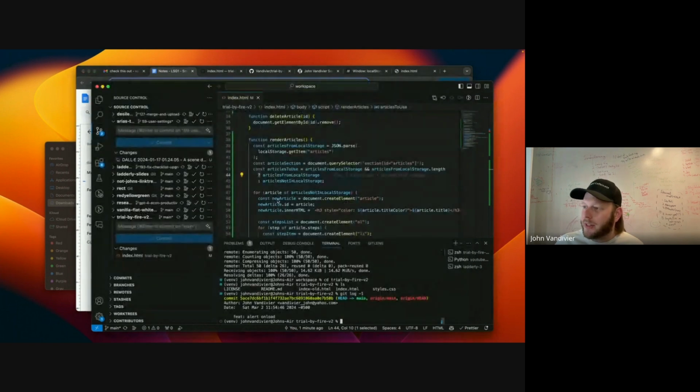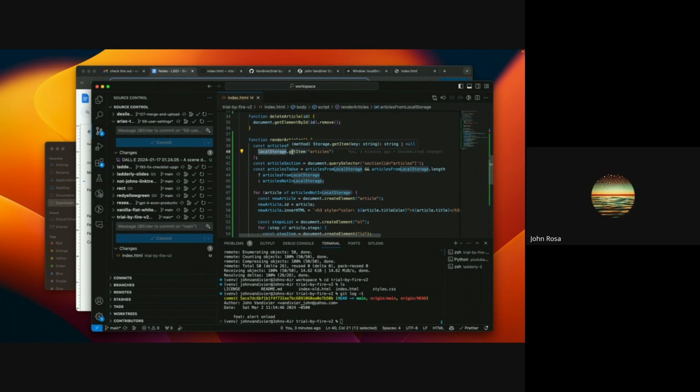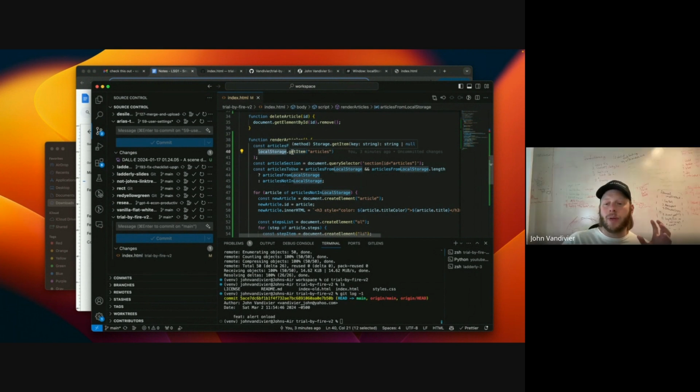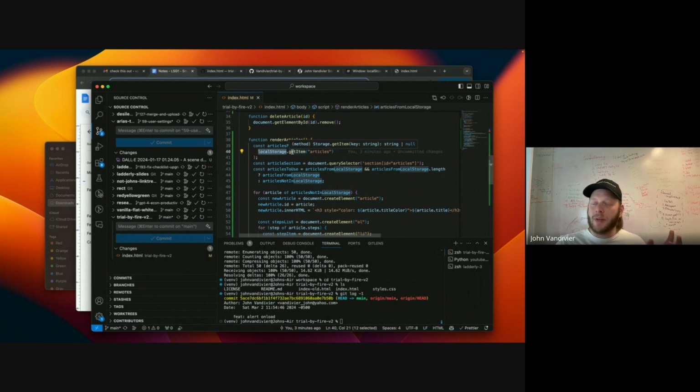Local storage is there. So this object exists, and it has a function on it called get item, just like the document object has document dot get element by ID. It's like document dot get item.